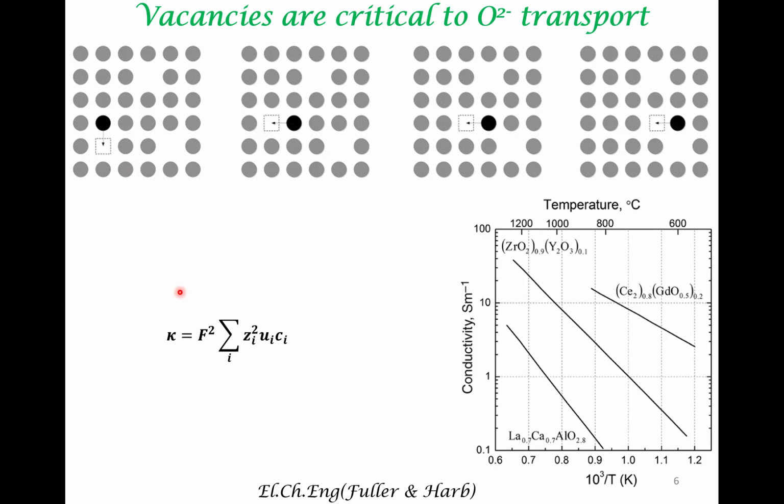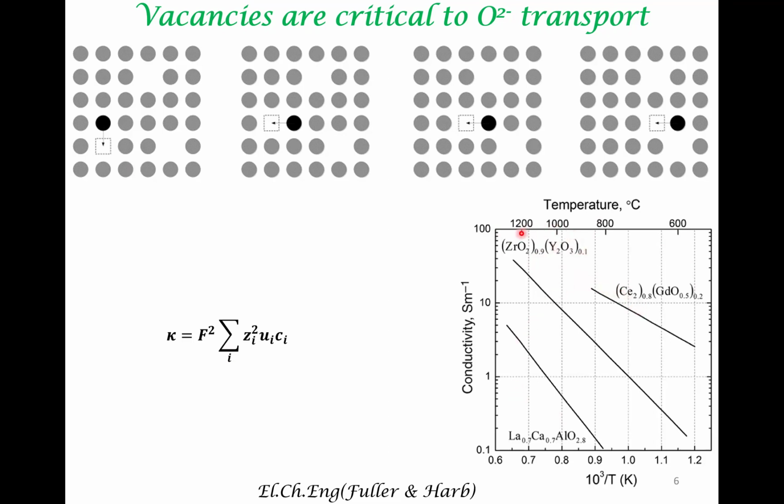But what is important to understand is that the conductivity is critically dependent on temperature. So this is like an Arrhenius plot. You are plotting conductivity versus 1 by T. So along the x-axis, temperature increases in this direction. So what we see is that there are 3 different classes of